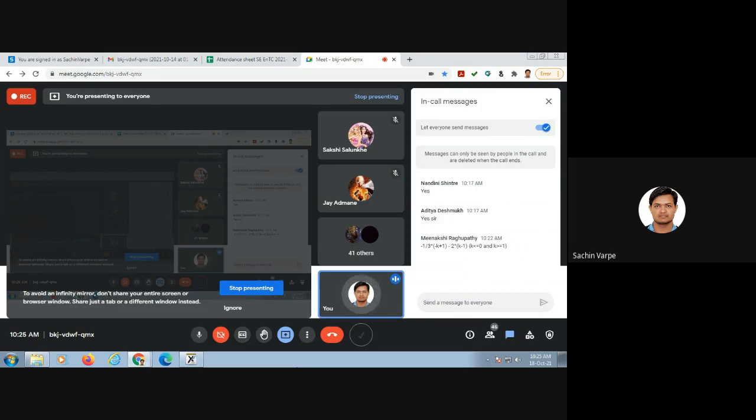See, even she has written the answer in terms of k minus 1 or k plus 1. You can write in terms of k. You can even write in terms of k minus 2 also. Accordingly, the restriction on k will change. So it doesn't matter what the answer is. It matters whether you are getting each and every coefficient or not. Is it clear, Jay? Yes sir. So only Jay and Meenakshi have solved. No one else.